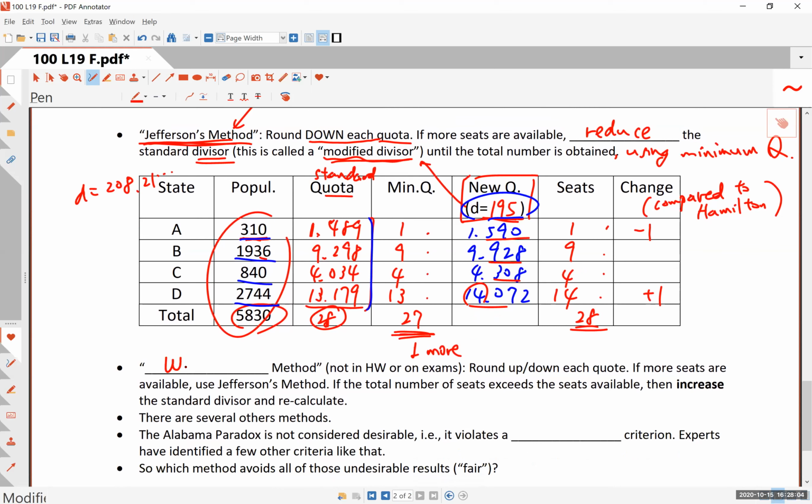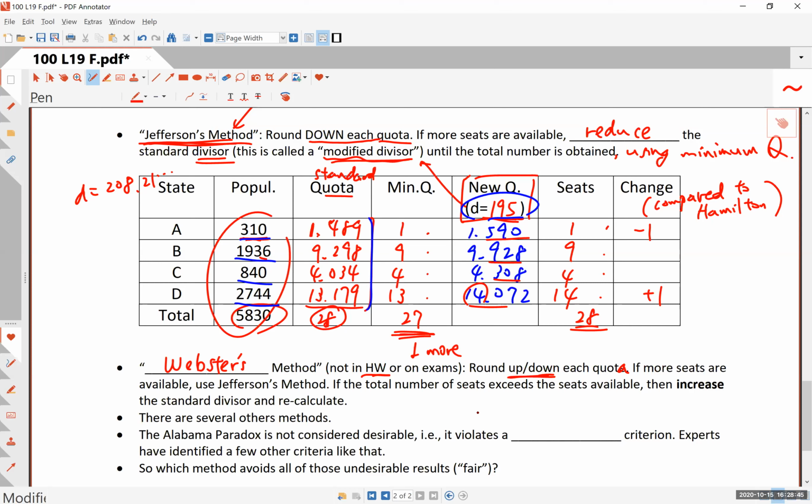Yeah. All right, let me just finish this up with a couple of more comments here. Webster's method is another one. Now, we used to teach this. We no longer cover this because, as I said before, Hamilton's and Jefferson's method would take enough time to understand and to do problems on. But Webster, that is Daniel Webster, the one that's famous for the dictionary, also came up with his own methods in which you don't always round down, but you can round up or down each quota, to decide, right? So if it's like 1.99, he would round it up to 2.